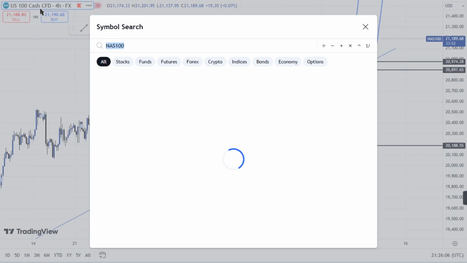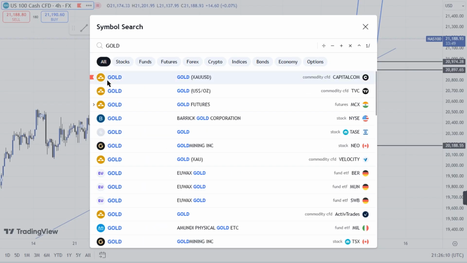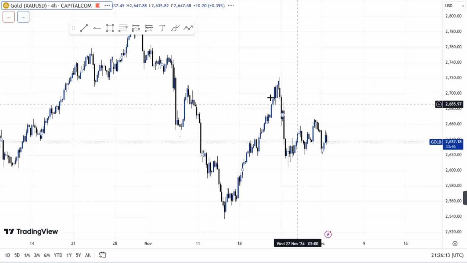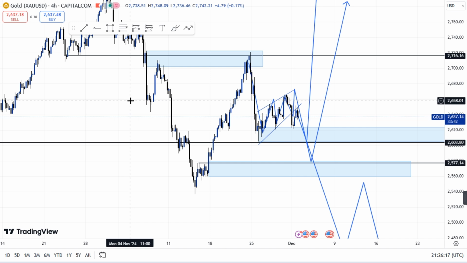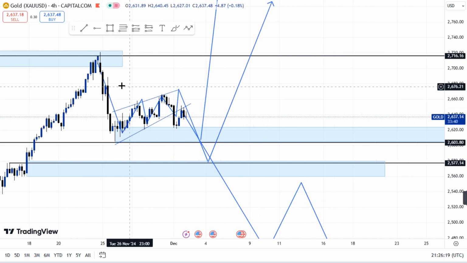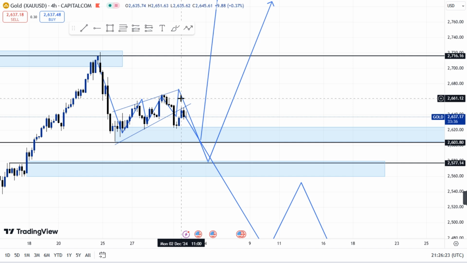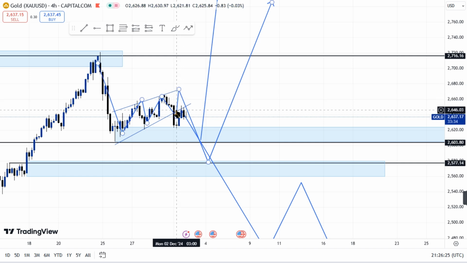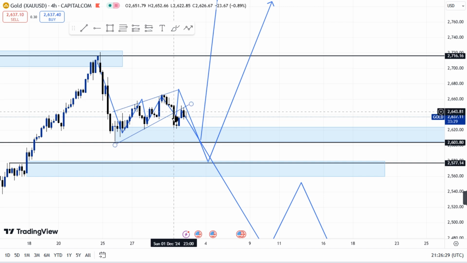Then for the last pair, let's just check gold. But for a beginner, I'm actually proud of what I did. As for me, I don't know about you, but this over here had already happened. And so I was anticipating that we were going to have what? I thought that it would pull back over here to this, but as you can see, we went straight for